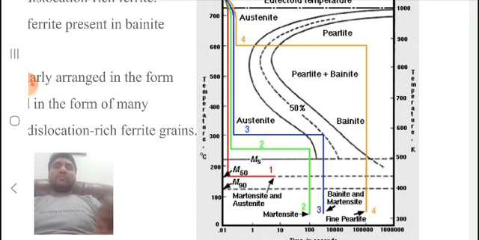The concept is very simple: for the formation of perlite, sorbite, trustite, upper bainite, lower bainite, and martensite, in all these we need to heat the hypoeutectoid steel 30 to 50 degrees centigrade above the A3 line, and for hypereutectoid steels around 30 to 50 degrees centigrade above the ACM line, and then suddenly cool the metal to the required temperature and hold the steel at that temperature until the entire austenite transforms into the required